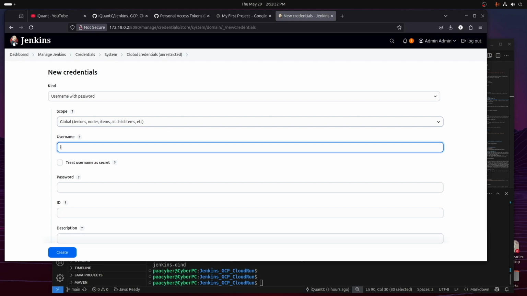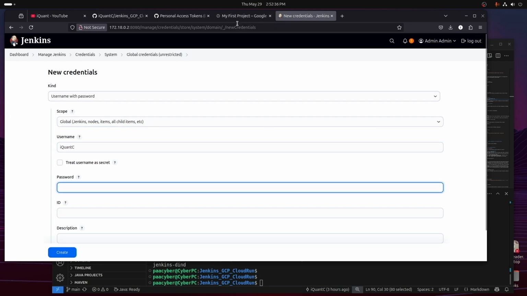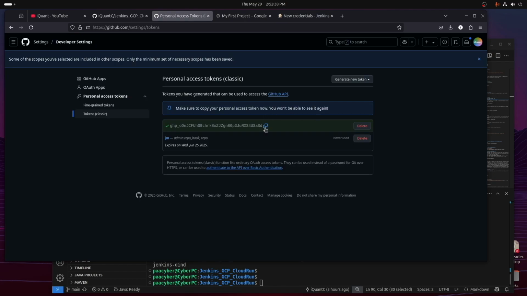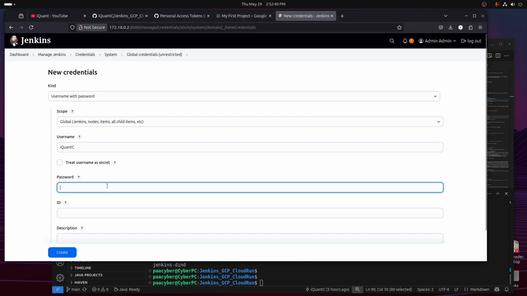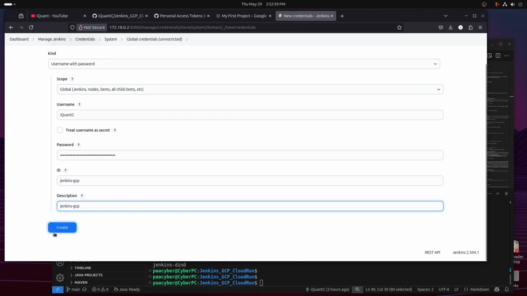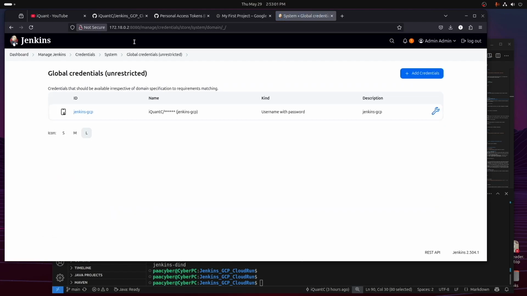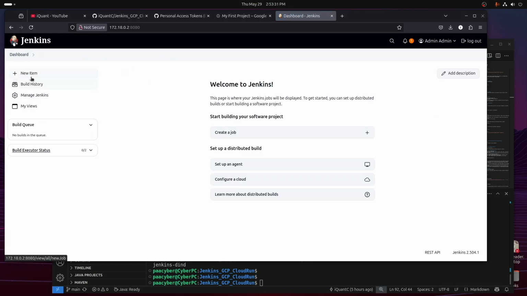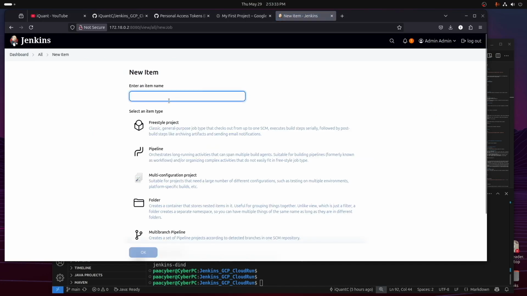So iconc. The password is going to be the personal access token we just created. And then I'm going to call this Jenkins GCP. Create this. Once your credential is created, you can go back to the dashboard, create a new item, and I'm